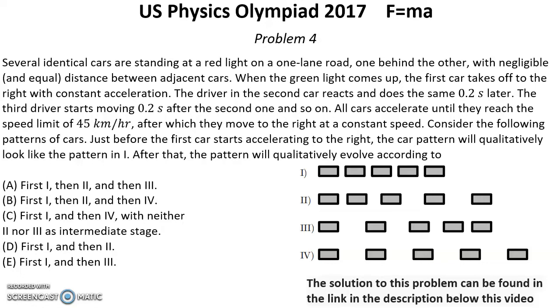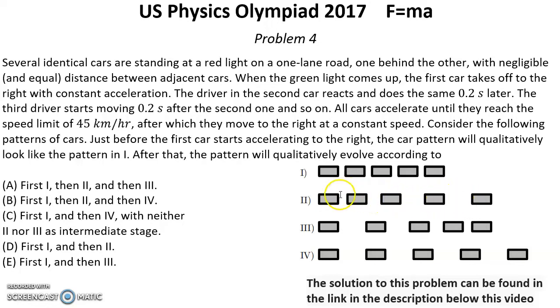So it means that during all this acceleration time, for each car that is ahead of another car, the distance will increase, and the distance will stop increasing when the next car stops accelerating and reaches the highest speed, 45 km per hour. From this point we can analyze all rows, and we see that row 2 is good because